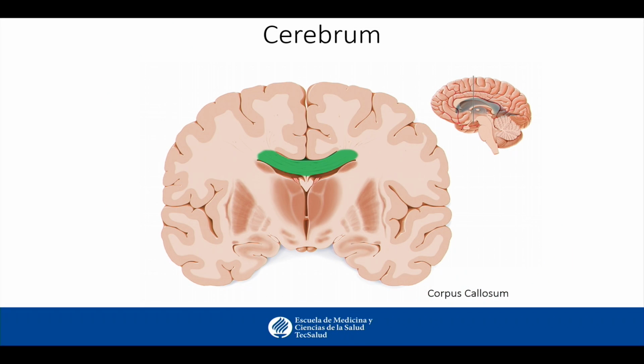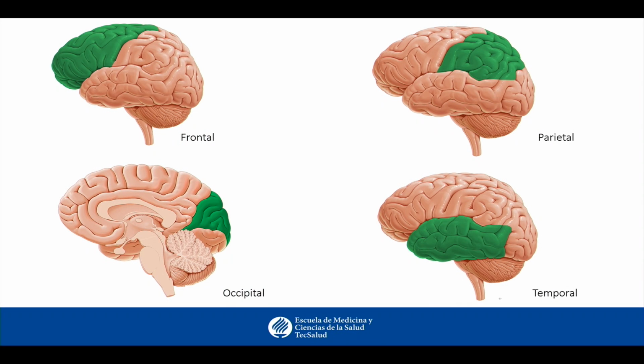Well, cerebrum. The cerebrum is the largest component of the brain and is divided into right and left hemispheres. The corpus callosum is a collection of white matter fibers that joins these hemispheres together. Each of the cerebral hemispheres is further divided in 4 lobes: the frontal lobe, the parietal lobe, the temporal lobe,